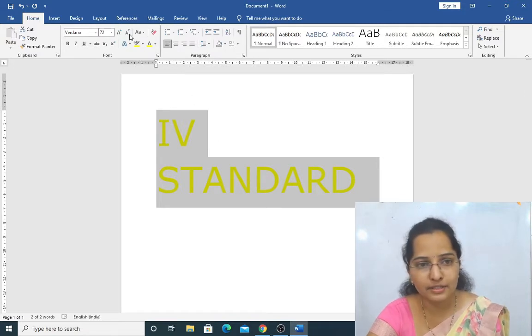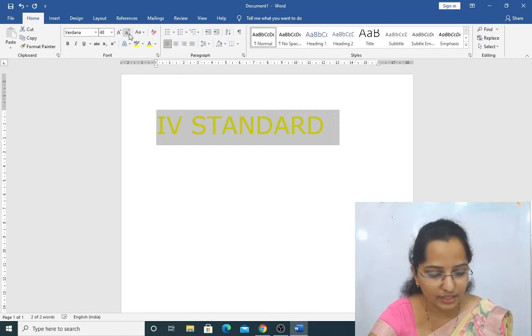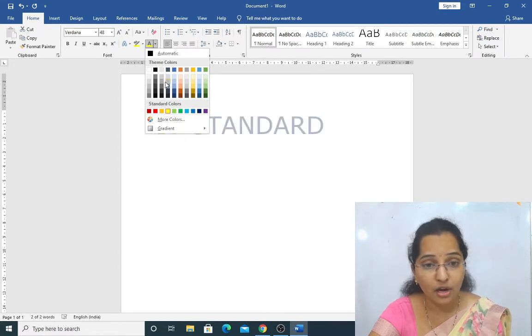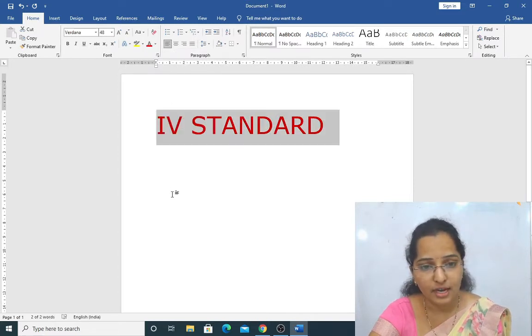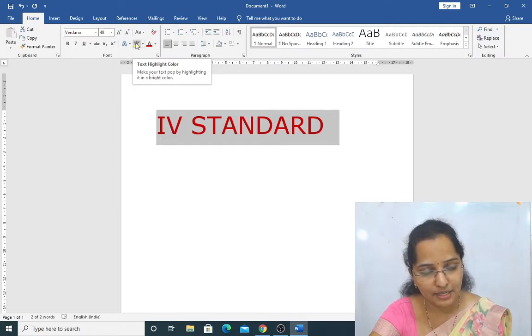Now we'll move next. Now we'll see how to highlight the text. See, we have selected the text and we have changed the font color. Now we have to highlight the text. How to highlight the text? Again, go to the font group, and beside this letter A underlined with a red color, beside it the small AB letters are present. Can you observe this? Observe carefully and click on this like this.